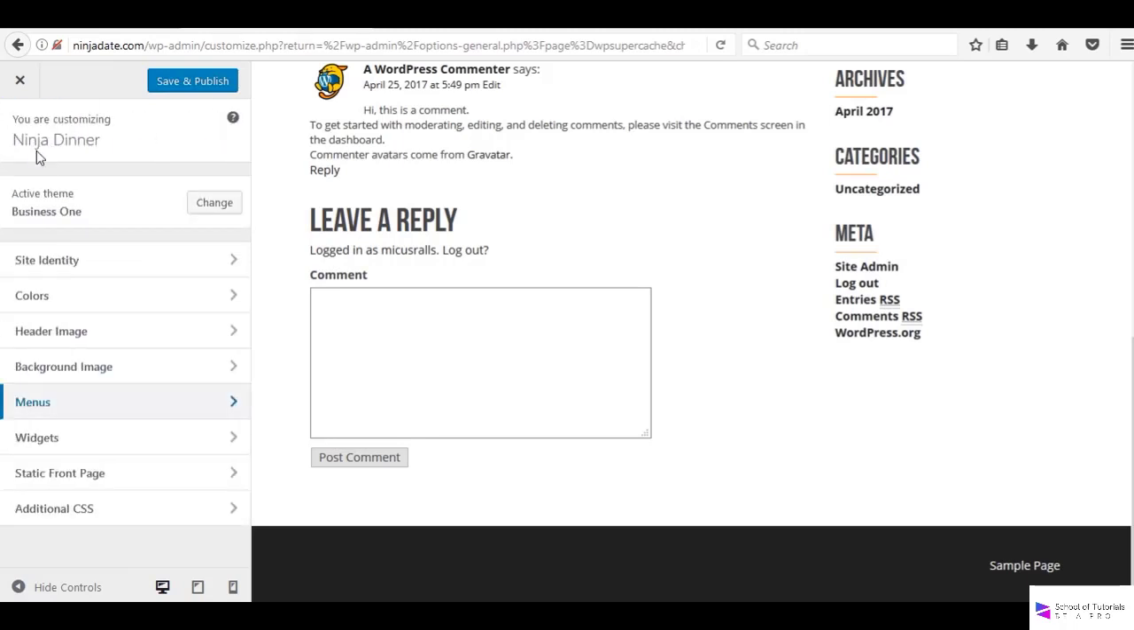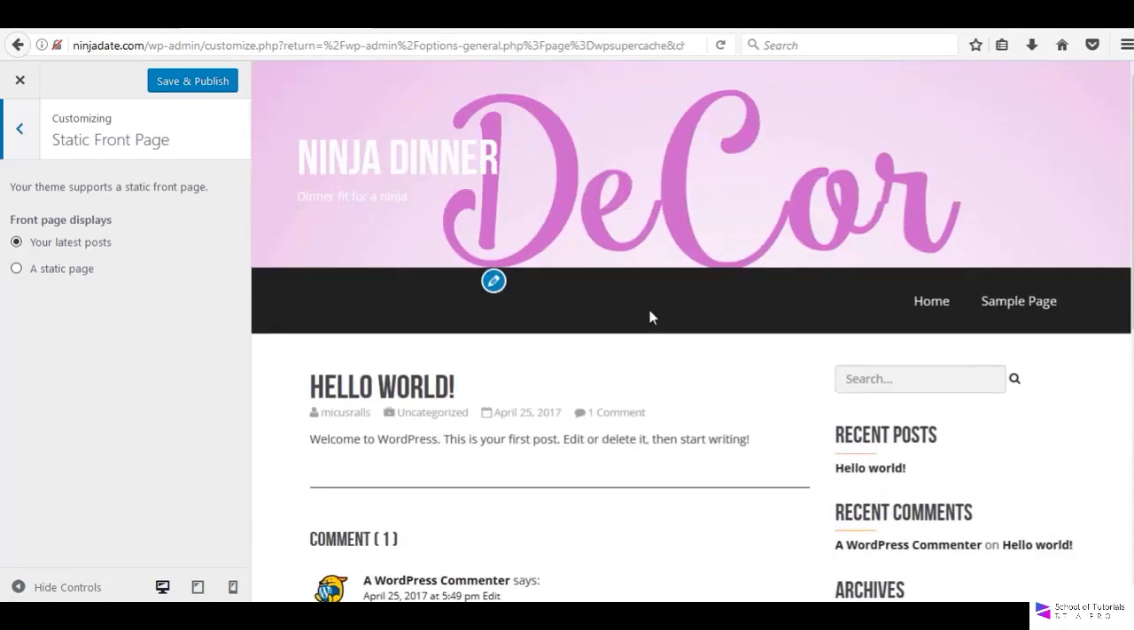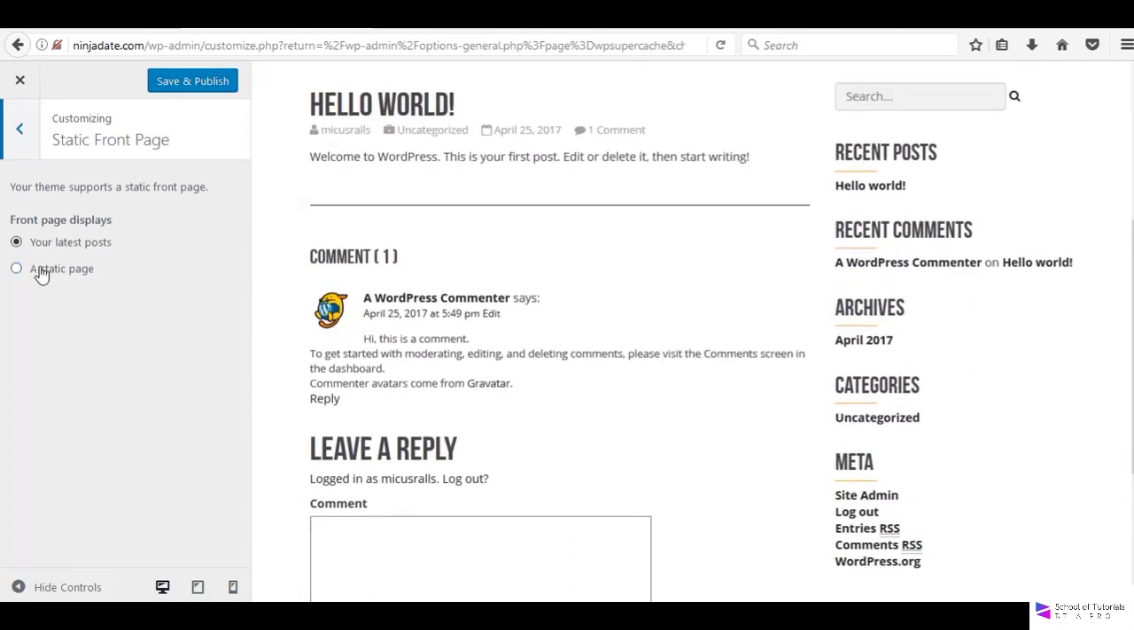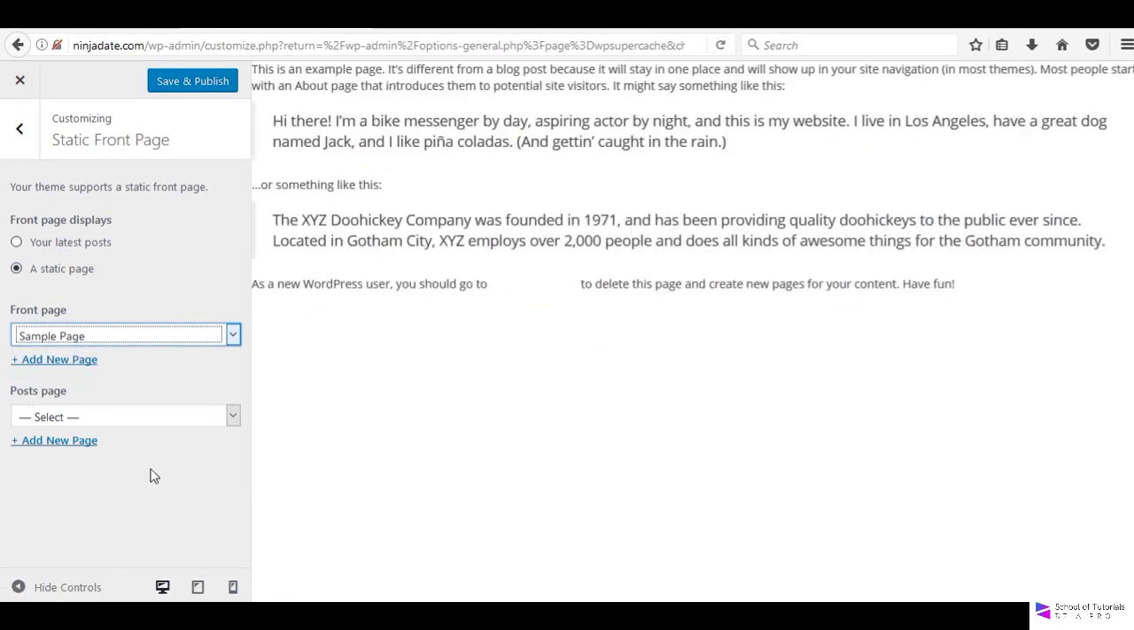Okay, so I'm going to go back and click static front page. Now, static front page is the page that WordPress goes to when someone accesses your site. Right now we have it set at latest post. Your latest post is not really a page you can actually customize, so we're going to change it and click a static page and hit sample page. We're going to leave the post page blank, which will make it default to the latest post page for all your posts. So hit save,